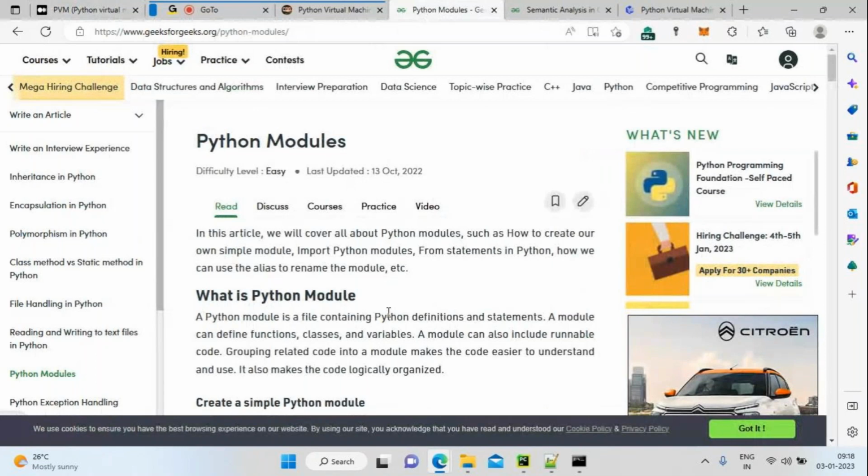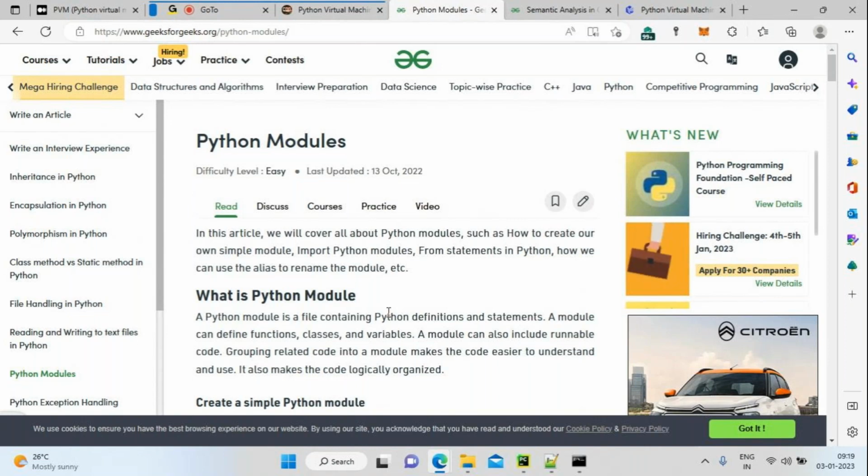A Python module is nothing but a file. It's a Python file. What things are available in the Python file? It can have classes, it can have variables, it can have functions, it can have constructors. That entire file contains variables, methods, functions, classes. All these things together, I can say it's a module. Basically, in layman's terms, I can say a Python module is a file. It contains all the Python definitions, statements, constructors, classes, variables, functions.